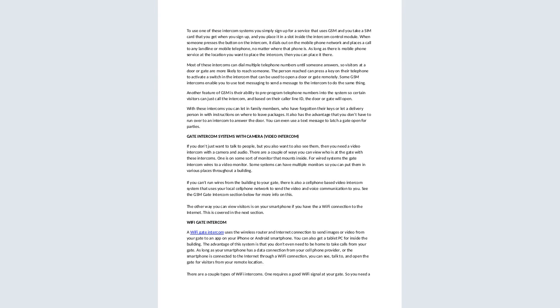If you don't just want to talk to people, but you also want to see them, then you need a video intercom with a camera and audio. There are a couple of ways you can view who is at the gate with this intercom. One is on a monitor that mounts inside. For wired systems, the gate intercom wires to a video monitor. Some systems can have multiple monitors, so you can put them in various places throughout a building. If you can't run